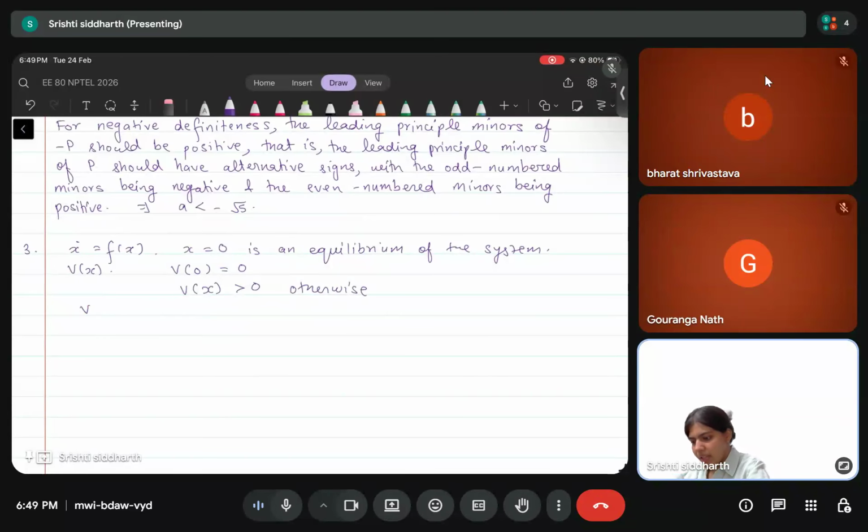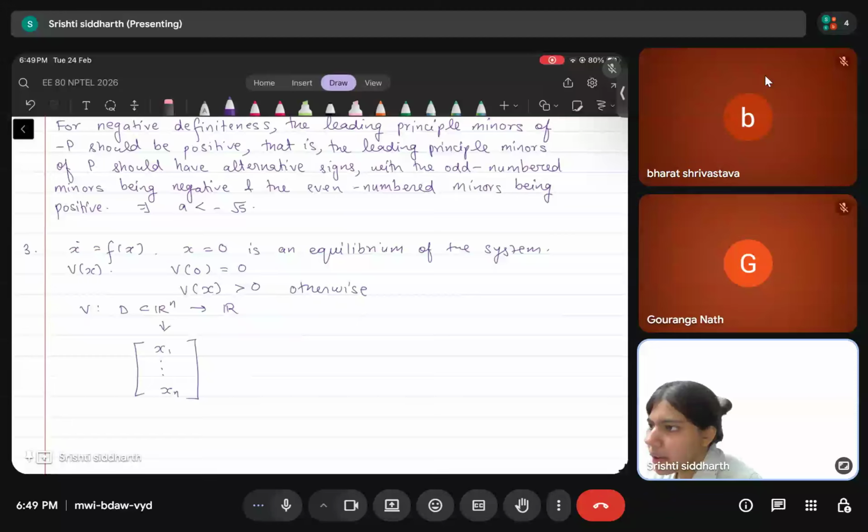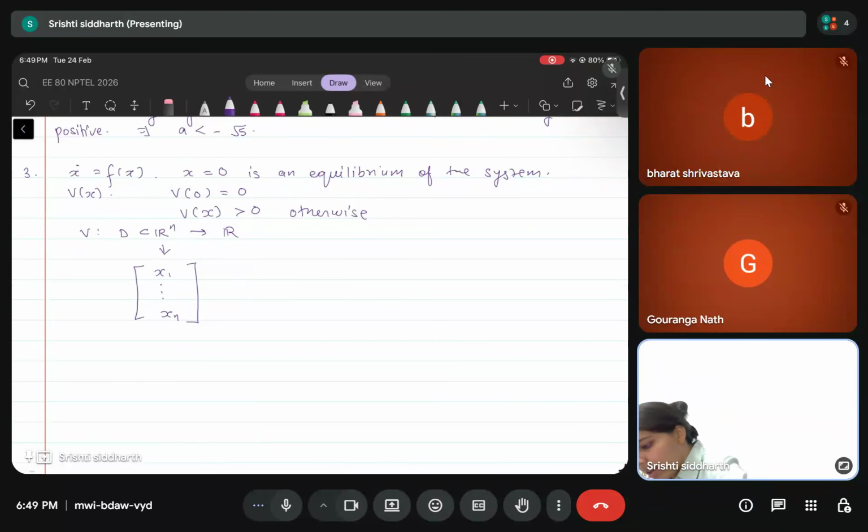So let's say that V is defined from a domain Rn to R, so Rn for states x1 to xn. So V(x) is greater than 0 otherwise, that is for non-zero x. And V dot(x) is less than or equal to 0 in D